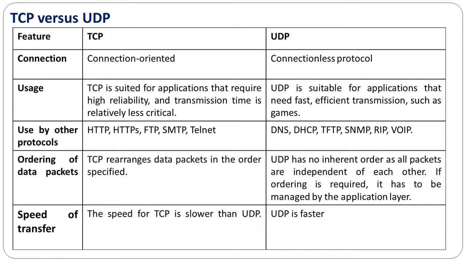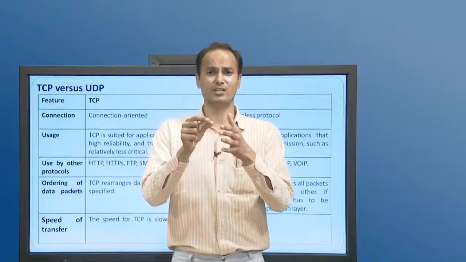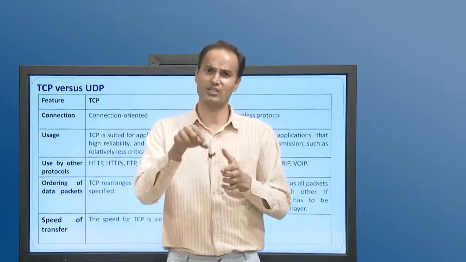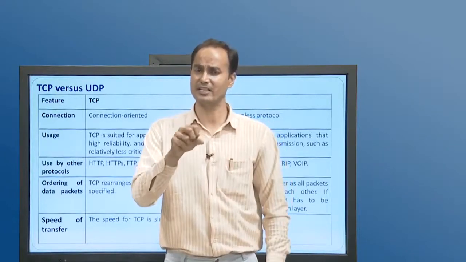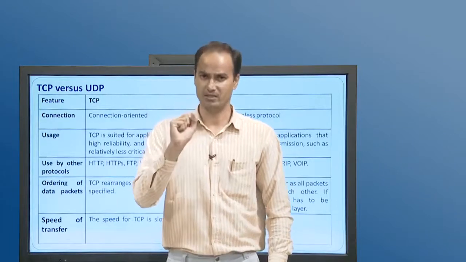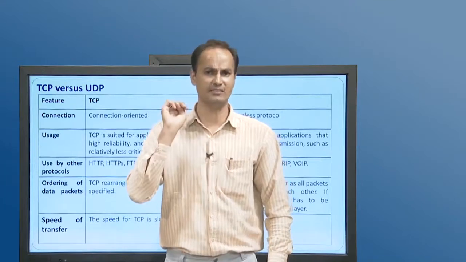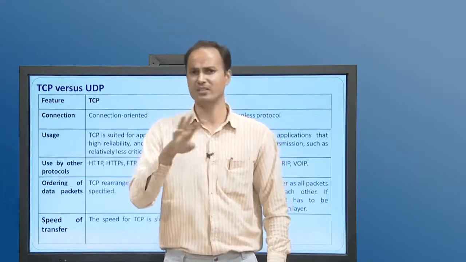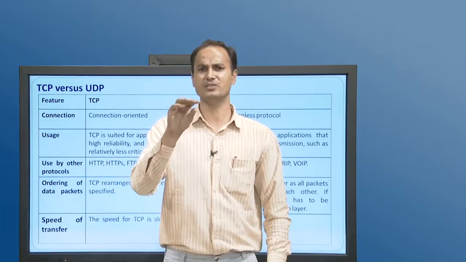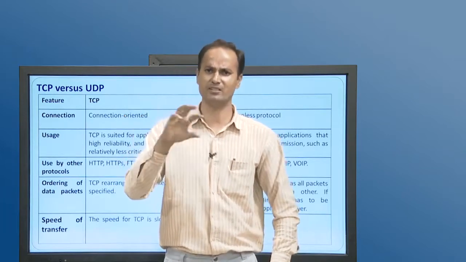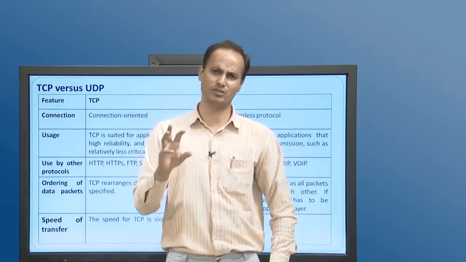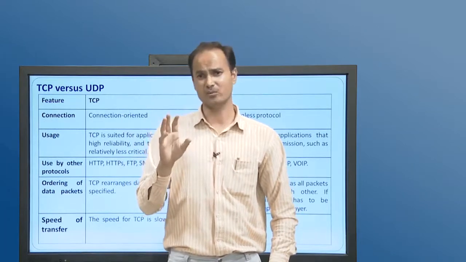Now, ordering of data. The data sent from client to server or server to client must be in the same order it has been sent. That is ensured in TCP, as it is connection oriented and has a sequence number which continuously checks the order of the packets it is receiving and sending. While in UDP, the data that has been sent is in packets, and a packet is not required to maintain such a sequence. So, ordering of packets is not maintained in UDP.